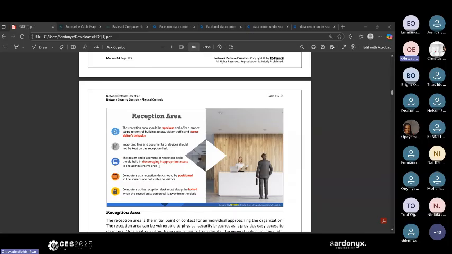So that means the area should be spacious, that you are not too close to the receptionist. If you want to see the receptionist, you have to stand and move. You can see this man standing here. The seat is always a little far away from the receptionist, so if you need to see the receptionist, you have to stand and walk a few meters to meet the receptionist. So it's not too crowded.